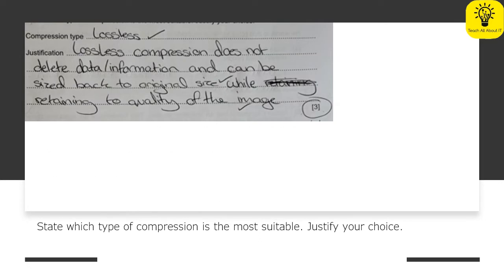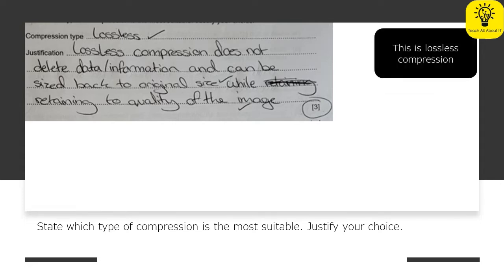The student answer we have here actually got 3 marks, but they were very much on the border, and I'll explain to you why. They were absolutely correct to say that lossless compression is the correct one, because we are trying to state the most suitable in this particular case. And you can see here that they've got a mark for lossless compression. They've then talked about it not being able to go back to its original size, and also retaining the quality